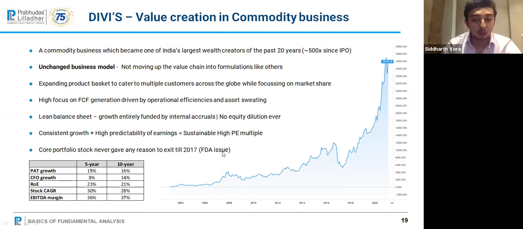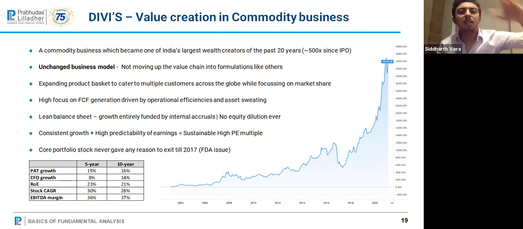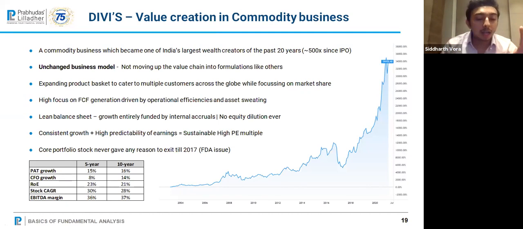The re-rating factor is because everybody believes कि ये जो essential business में है, इसका बहुत longevity वाला demand है. Means 10, 15, 20, 30 साल तक all the MNCs will want to make medicines. They will need their APIs and they will buy from Divi's Labs only, because Divi's Labs does not cheat them. Divi's Labs does not compete with them. And that's why it has got a 40, 50, 60 PE multiple in different cycles. Other pharma companies trade at 15, 18 multiple. So this is an example of how value can be created even in a commodity business.